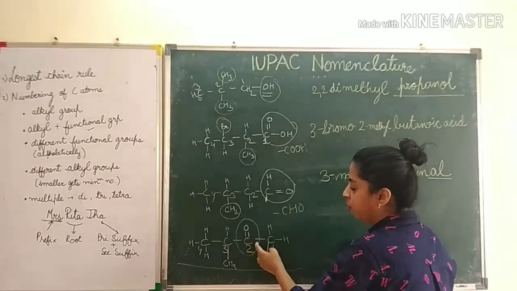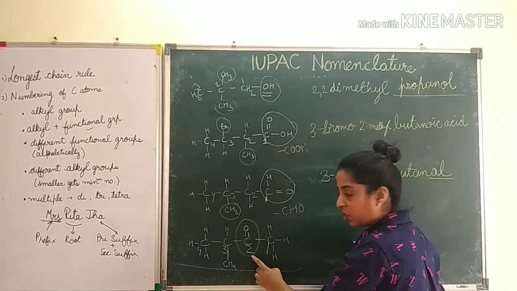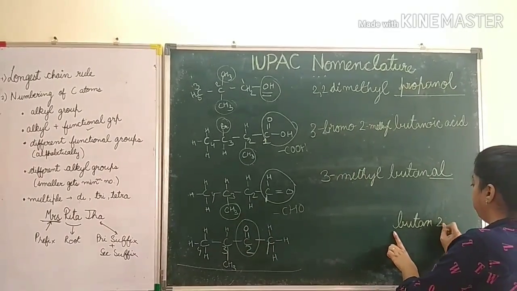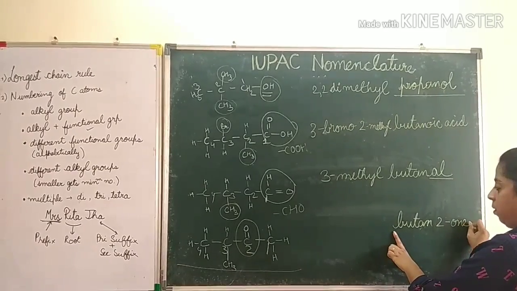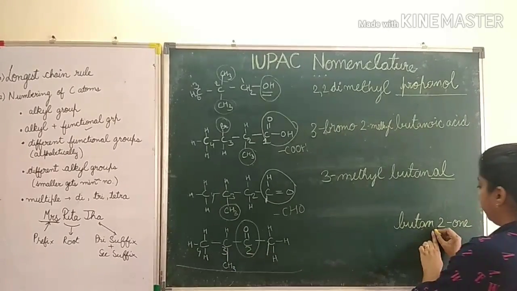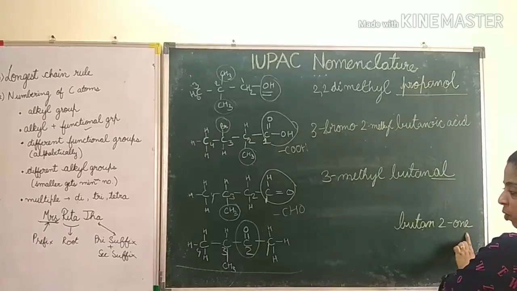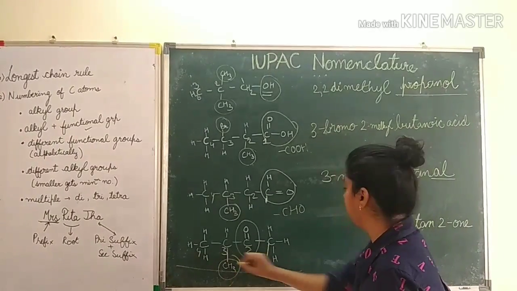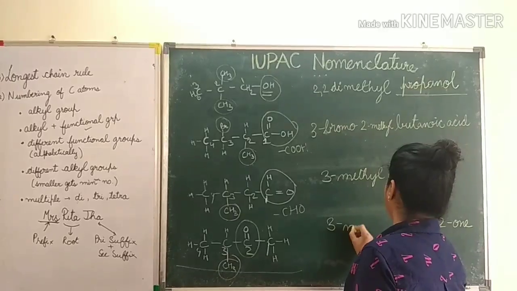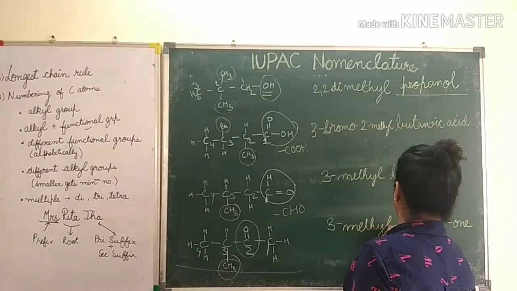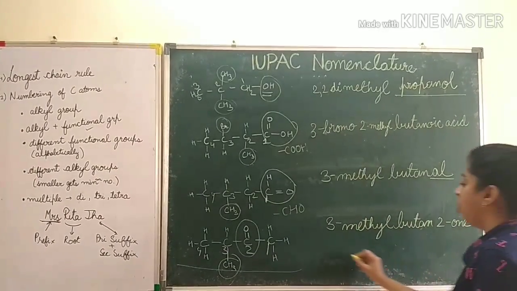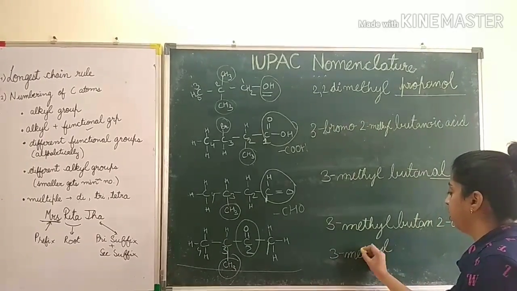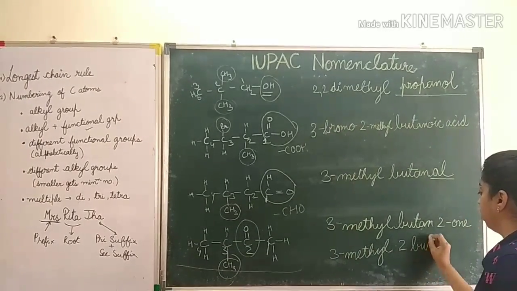So अगर आप ब्यूटेनोन लिखोगे तो भी चलेगा और ब्यूट 2-on लिखोगे तो भी चलेगा, right? ब्यूटेन 2-on, okay, क्योंकि ब्यूटेन का e हटाया और 2 पोजिशन पे on, ब्यूटेन 2-on और at 3 position there is a मिथाइल ग्रुप, so we will write 3-methyl butane 2-on, or we can write 3-methyl 2-butanone.